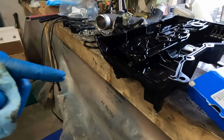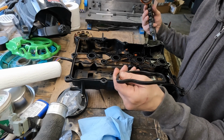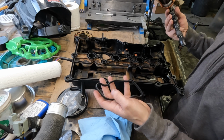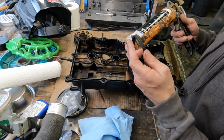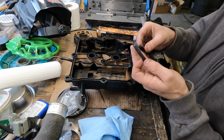For the valve cover, I am going to spray a little bit of brake clean because I've got to get down into these grooves. Because I didn't get a new gasket for around the fuel pump, I'm going to put a little bit of glue on it. This still does feel very pliable. It must not get as hot as the rest of the valve cover gasket, but I am going to put a little bit of glue on this